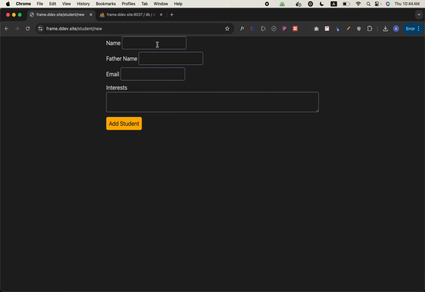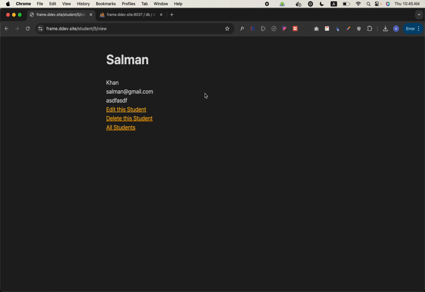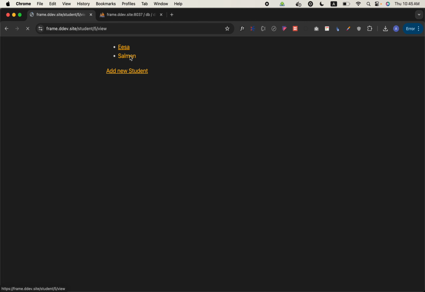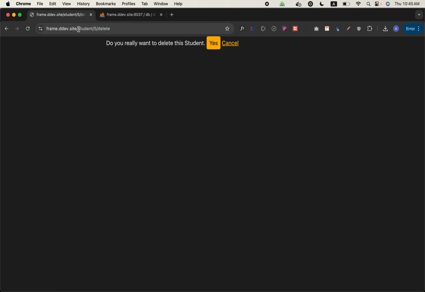If I click on new and add one, this gets added. If I go to all students, these are there. Hopefully everything is working fine. There is one problem now, and that is, if for example I delete Salman, the path is student 5 delete, and then it will delete this if I click on yes,